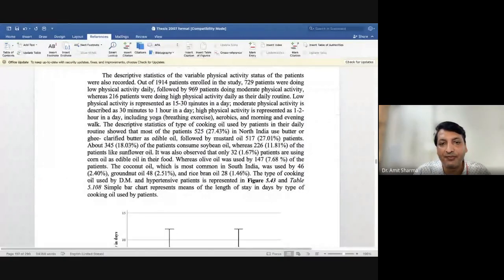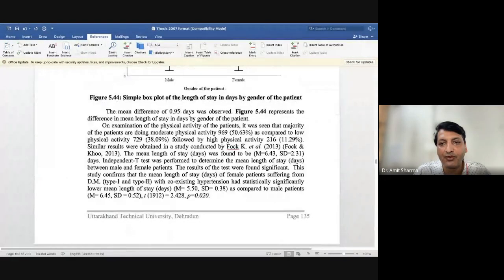For example, whenever I select all, you're going to see that this figure 5.44 and this reference, Fock and KHOO, are given in a darker color, because the references which I have added in my thesis are through software called Mendeley.